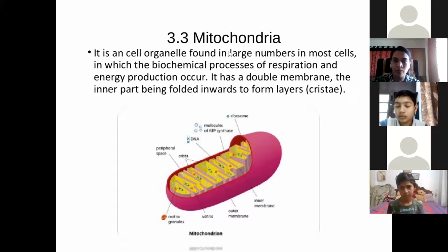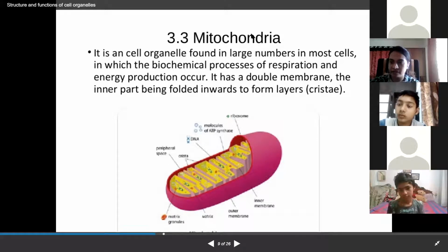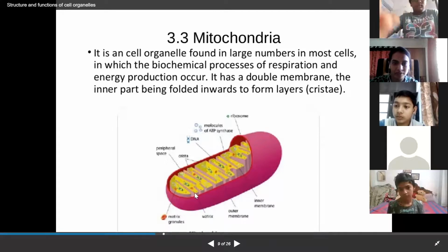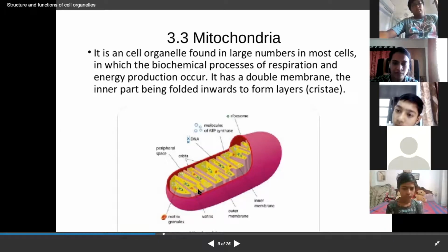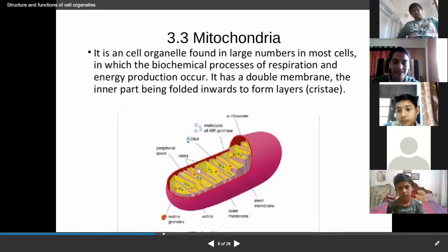So now what is the structure of this mitochondria like? These are actually minute double-walled bags and they have inner walls. Can you see these inner walls? These inner walls of the mitochondria are thrown into folds, these folds where I'm moving the arrow. These folds are called cristae. They are the sites where respiration occurs and it releases energy. This energy is stored in the form of ATP. Hence, mitochondria is known as the powerhouse of the cell. Clear?